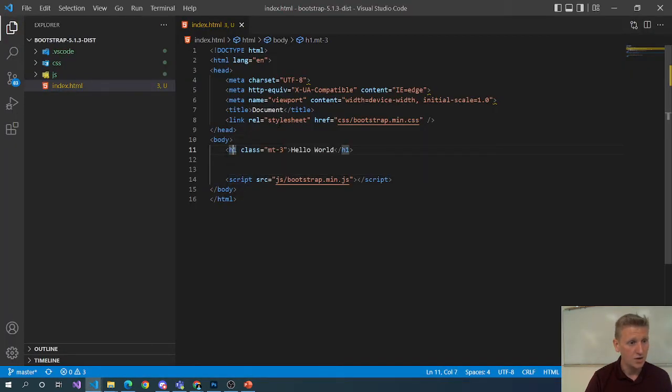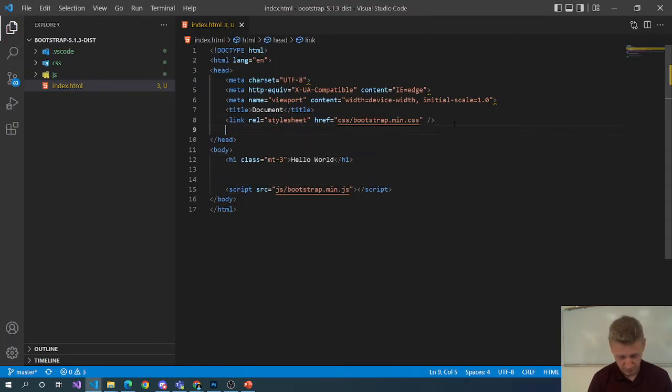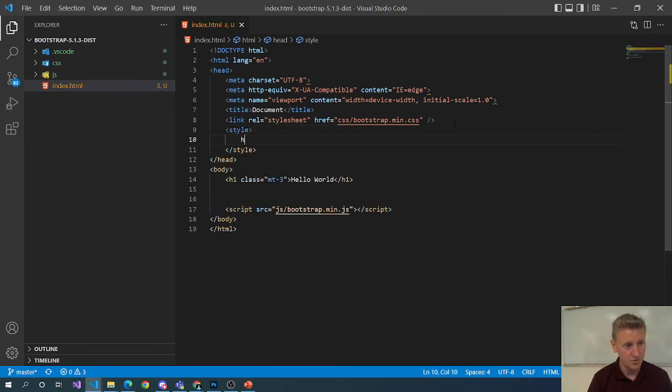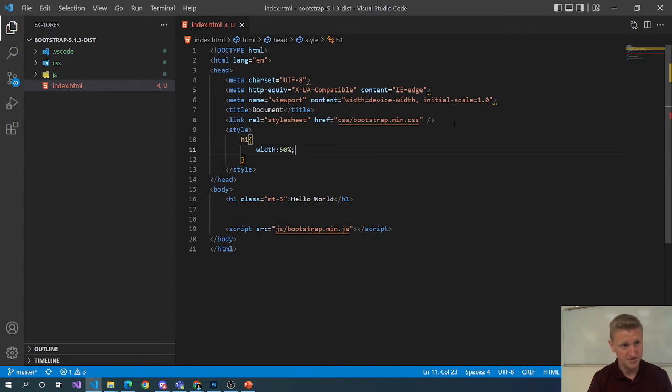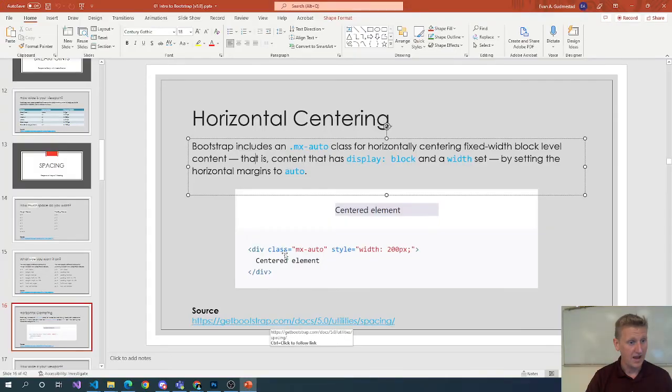So our H1, we can style our H1 with a width of 50%, and then add a class of MX Auto. So those are the two things. Number one, your block level element has to have a width, and then by adding the class of MX-Auto, so that's margin on the X hyphen auto,